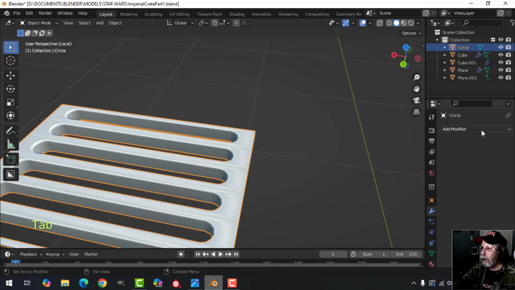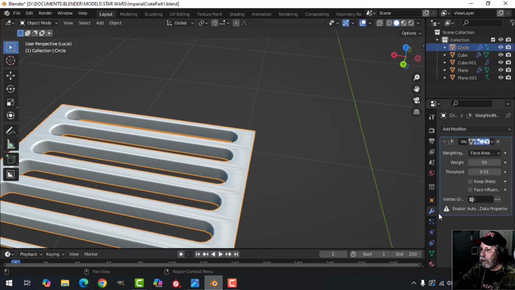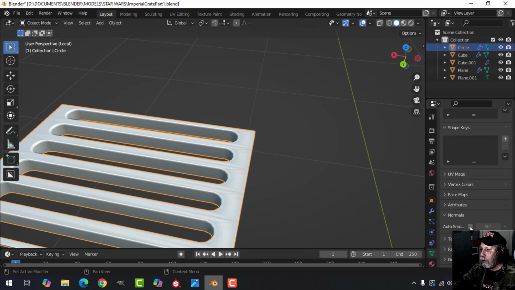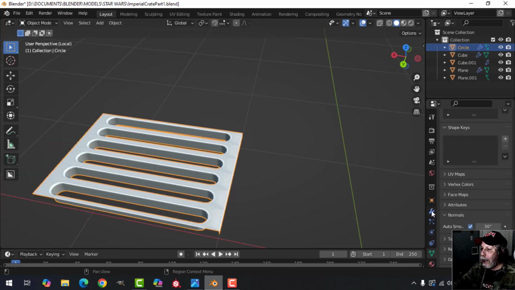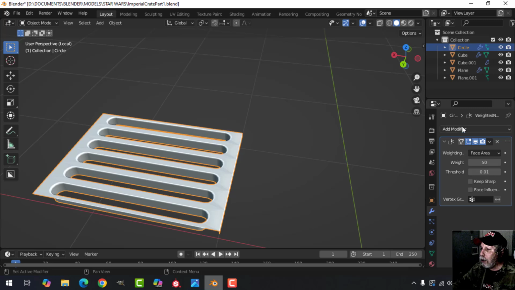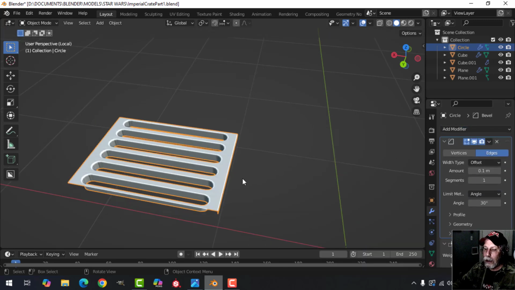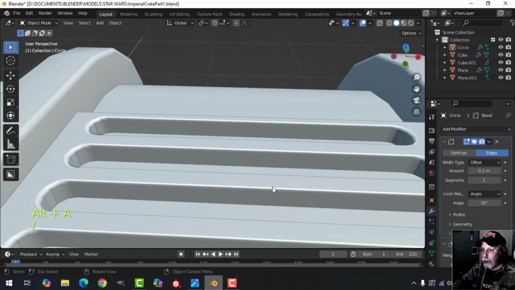Shade smooth, weighted normal, normals auto smooth, and sometimes what I'll do is I'll put a bevel on anyhow just to tighten it up a bit more. Slash key,